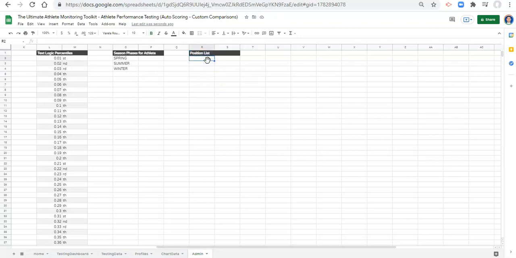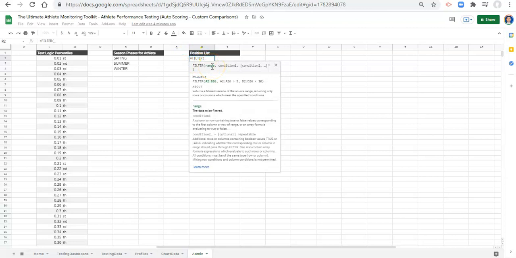If you've been following along with the tutorial videos, what we're about to do is going to be quite simple relative to what we've done so far. All we're going to do is we're going to get a unique list of positions that align with the team that we selected. And to do that, we're going to use two functions called unique and filter together. First, let's start with filter. Well, equals filter, open parenthesis, and the first thing we need to decide is what we want to bring back,